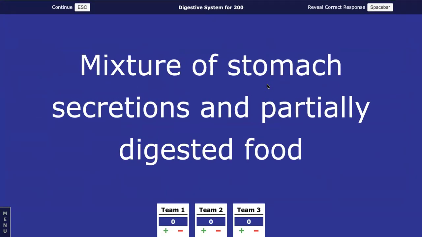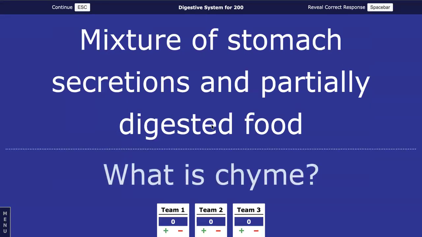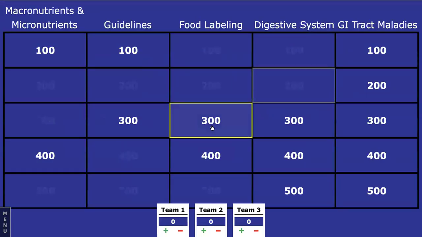Mixture of stomach secretions and partially digested food is called chyme. What a fun word. I think it's also funny that they all become chyme because you could go to a Michelin star restaurant, pay lots of money for food, and it will still become chyme. You could also go to McDonald's and it'll still be chyme, but the quality of chyme probably changes. So that's probably it. Chyme.